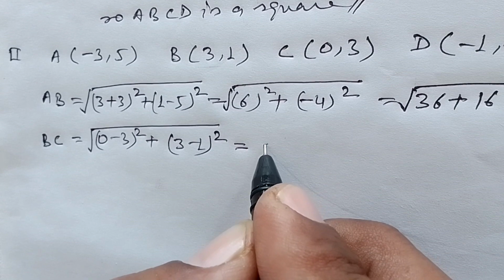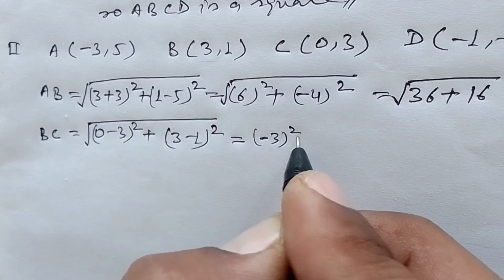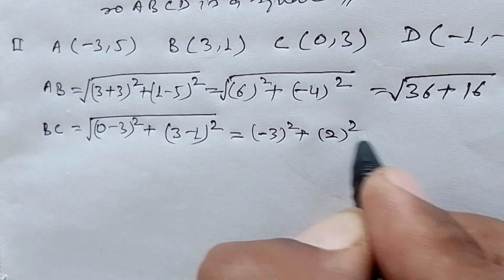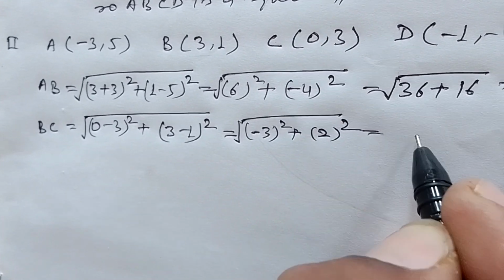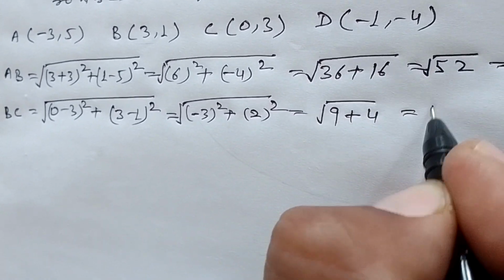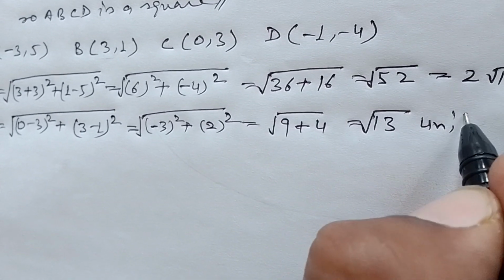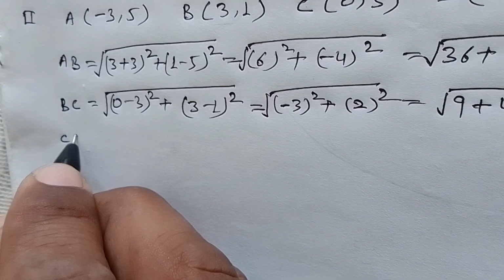So minus 3 square plus 2 square, it gives us 9 plus 4 under root, which is equal to 13 under root units, because 13 under root cannot be further simplified. Now the distance between point C and D,